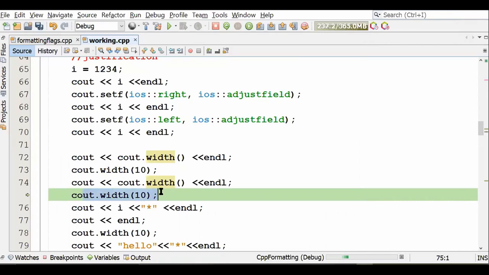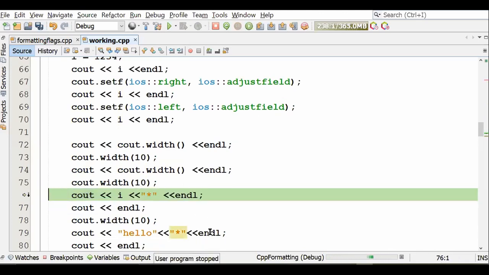Now I once again say cout.width, but when I use this cout.width, what actually happens is it has effect only on the next output statement. That means if I use this width once and after that I display 4 or 5 outputs, only for the next output will it have an effect. So let's do that. I put a star and I say endl, and then I display the output. I'm printing the value of i, but the width I have specified is 10, and intentionally after that value of i, I'm going to print a star mark. Let's see what is happening now.